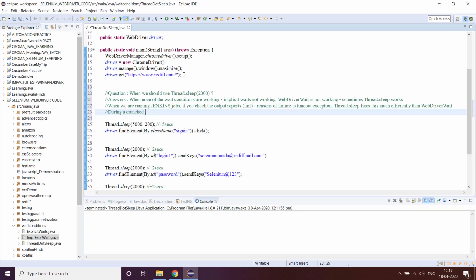during a crunched timeline deliverable? So what happens is, let's say for example, we are delivering to the UAT server. Okay, we are moving it to UAT. So what happens is, BAs are waiting for test outputs so that they can do the UAT testing thoroughly from their end.